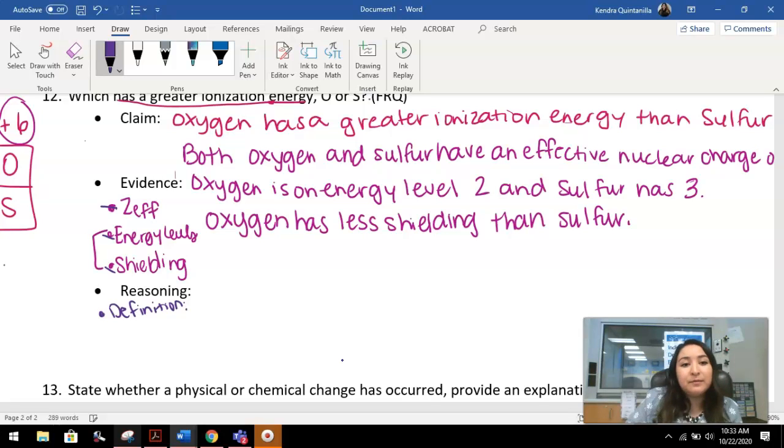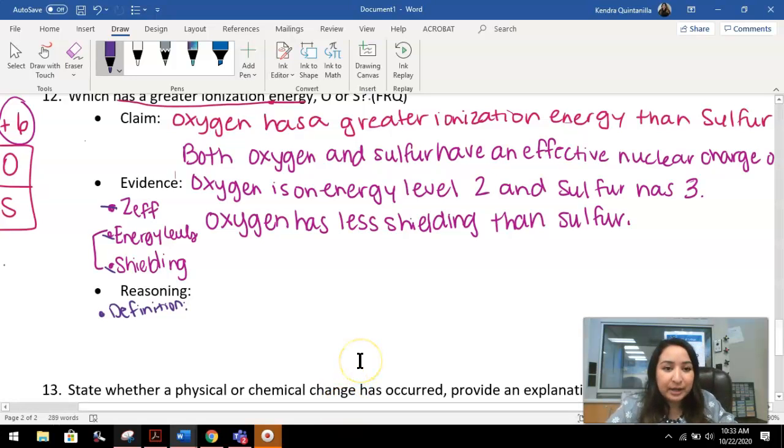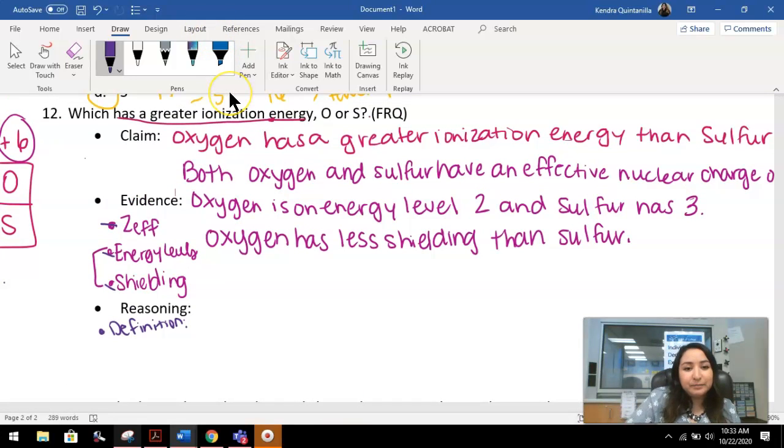You need to know the definition of what the question is asking for, which is ionization energy. So you have to know the definition of that, which we've written down a couple of times. We've actually gone over it quite a bit. We've written it down on our class notebook, on your notes when we were learning about it. So one thing you need to include is the definition, and then you have to explain why, or what is the reason? So definition. What is ionization energy? Ionization energy